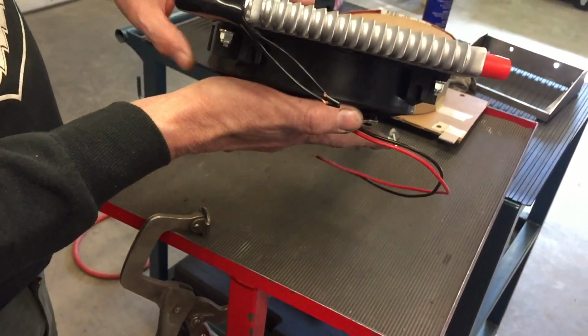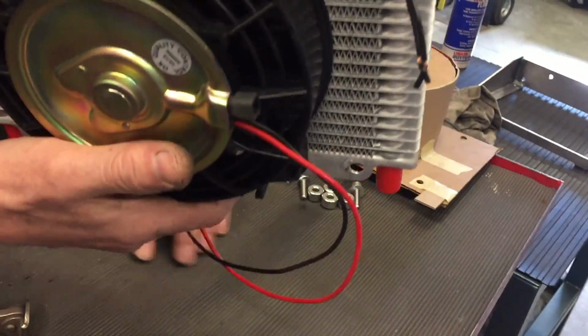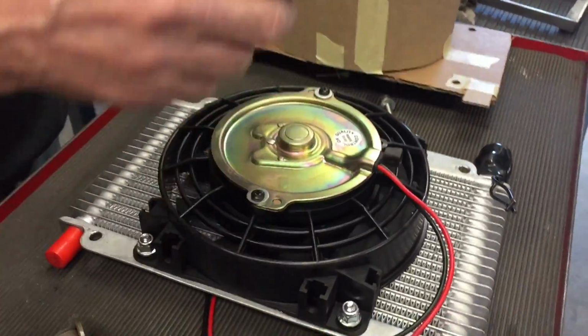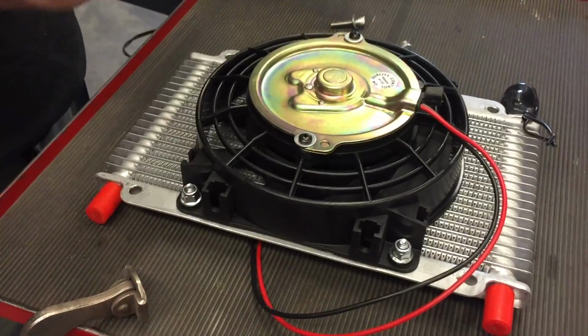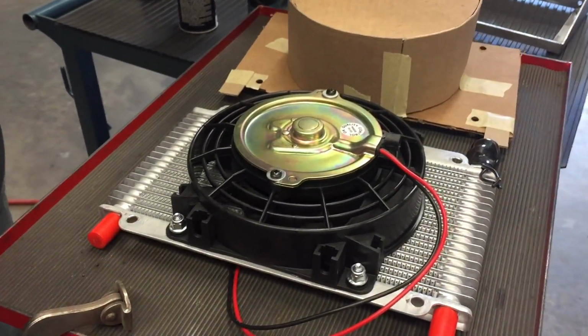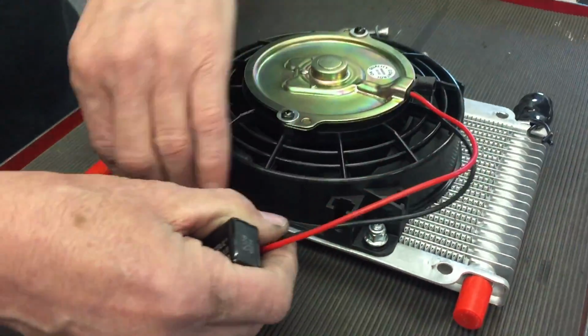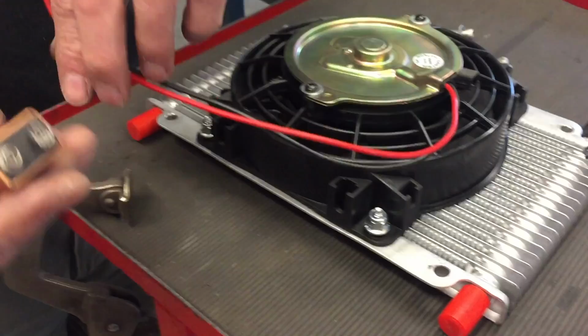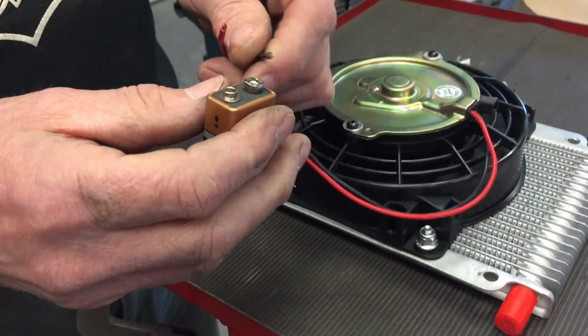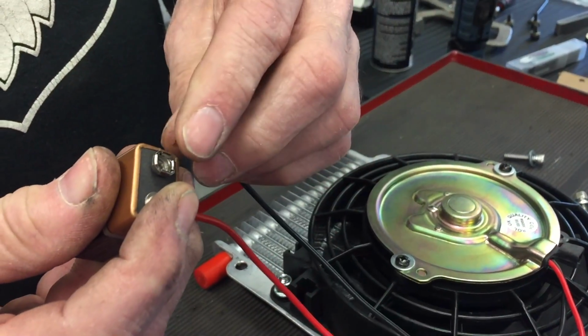I hope that this helps you guys. Another thing about this cooler, which is pretty cool, is you can choose. See how close I came on this? Not bad. It's not perfect, but not bad. You can choose what direction it goes. So what I do is I just take a 9-volt battery here, and if I put the red one on the positive and the black one on the negative,